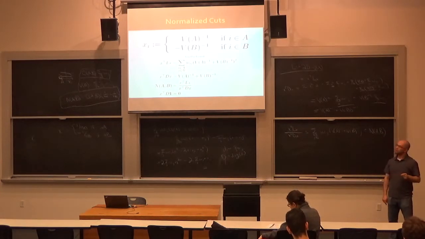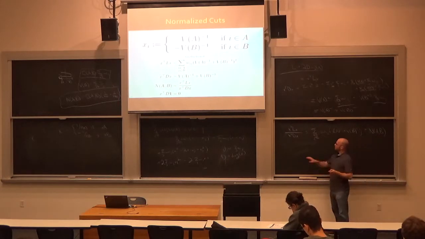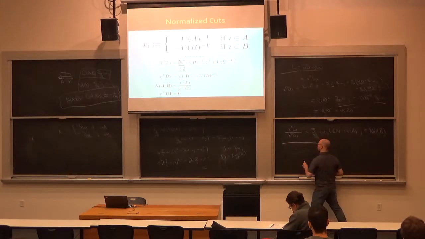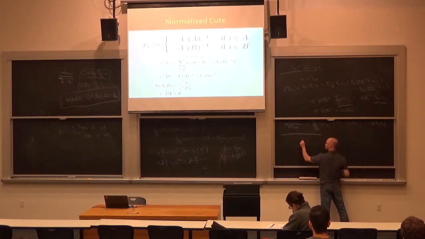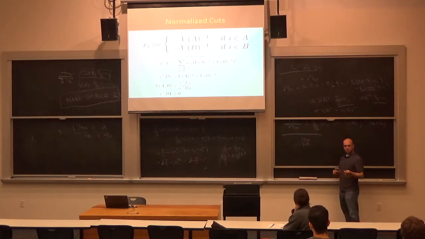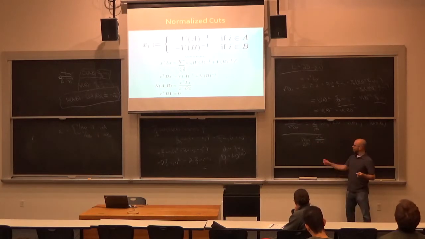Alright, so in other words, why did we go to all this work? Well, I defined for you two matrices L and D so that I can write our optimization problem as what? I want to minimize the normalized cut score. So what do I want to minimize? In a sense, I'm still minimizing over our partition A, B of the data. I'm going to keep writing this in our original form. I want to estimate x transpose Lx divided by x transpose Dx, because we decided that's the normalized cut score,